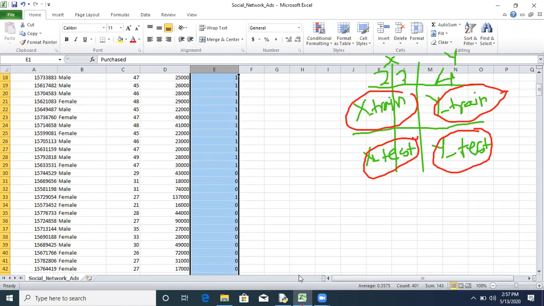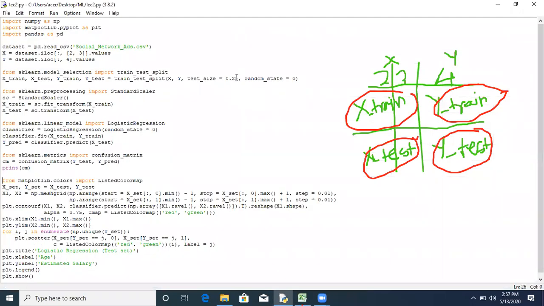If you are using 1 by 4 as a test size, you can take this as 1 by 2 also, so that 50% is for training and 50% for testing. But it is better to use more values for the training purpose. So out of 400 values, we are keeping 300 values for the training part and 100 values for the testing part.